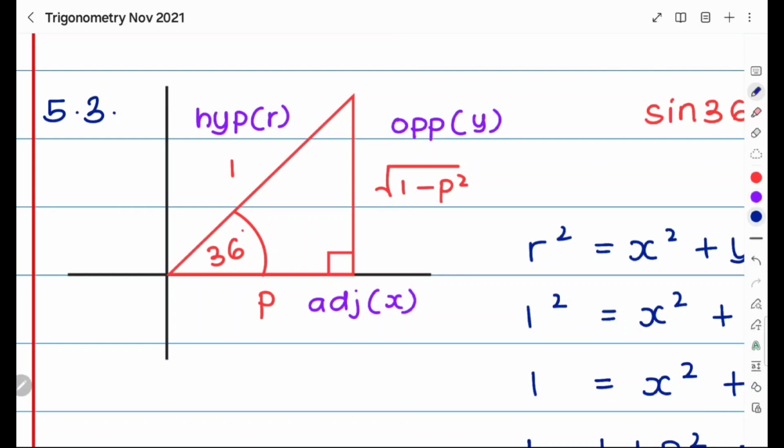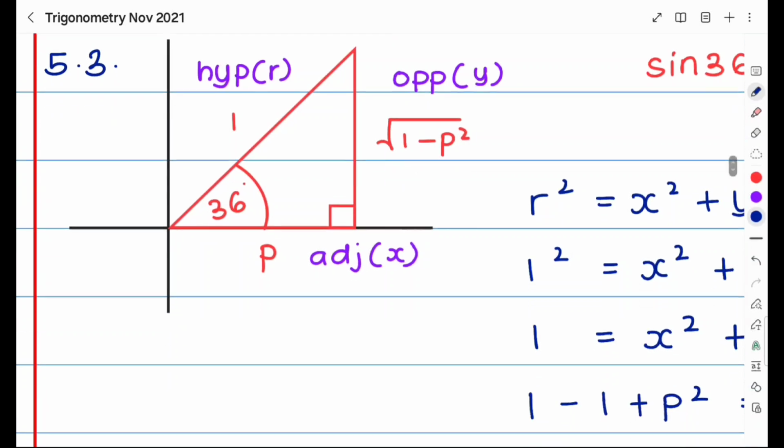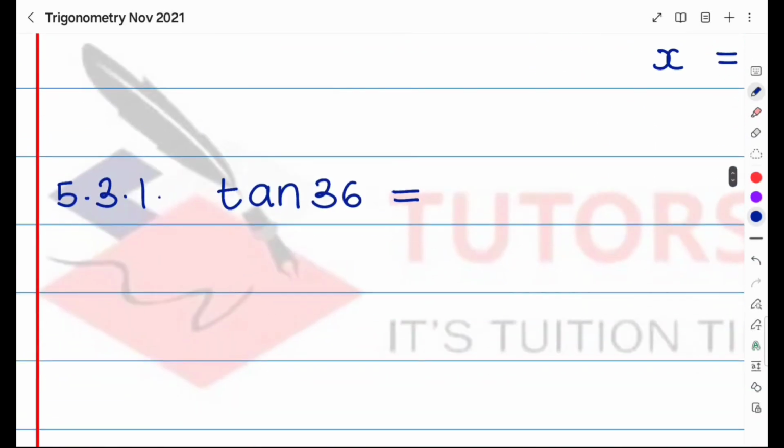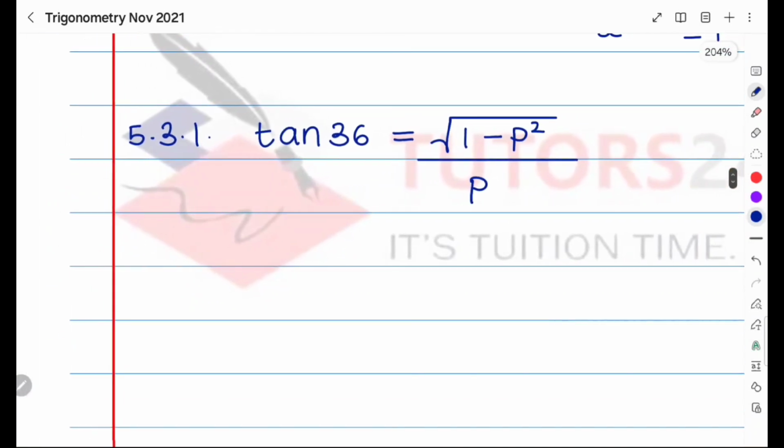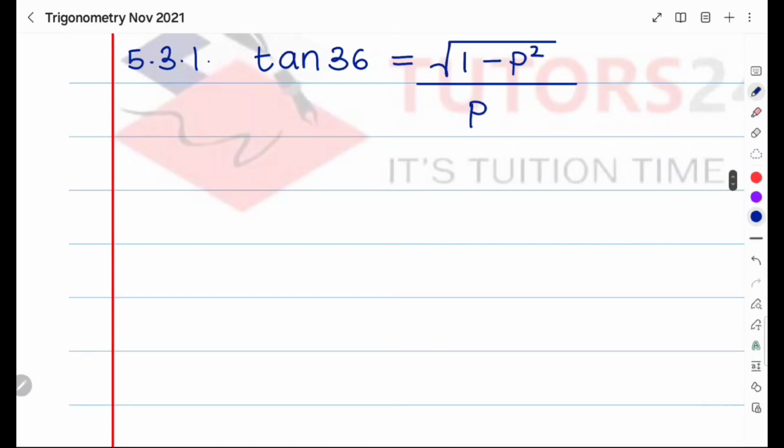So tan is equal to the opposite, which is the square root of 1 minus p squared, over the adjacent, which is just p. So tan of 36 is equal to the square root of 1 minus p squared all over p. And that is it. Next we have question